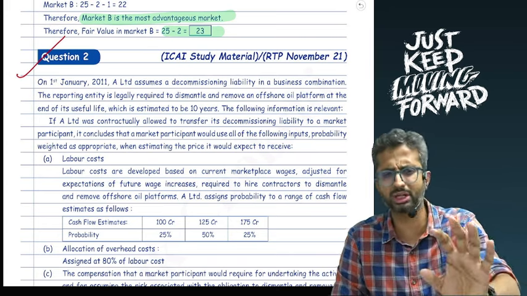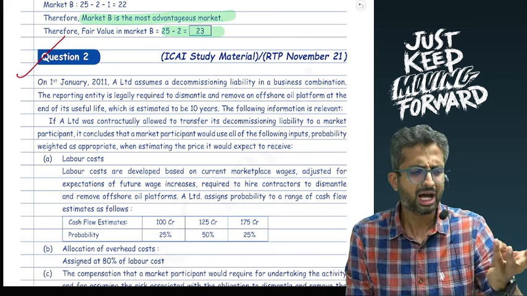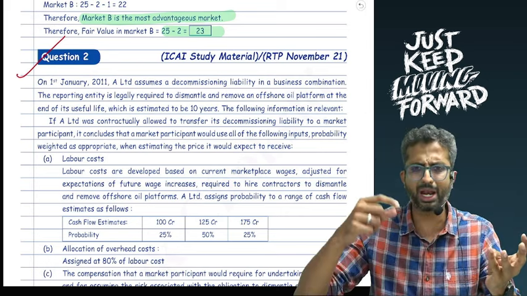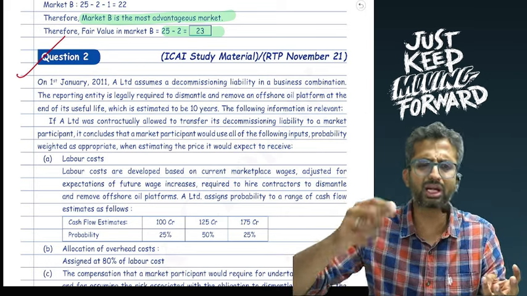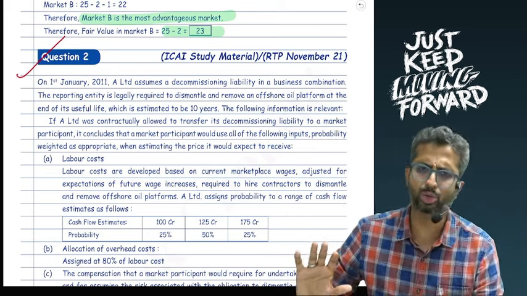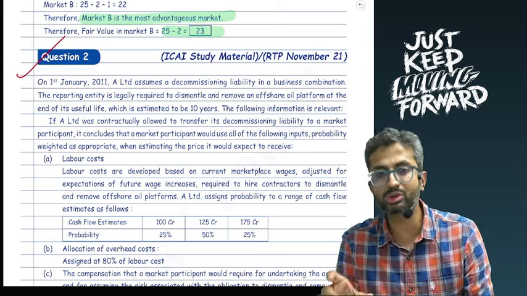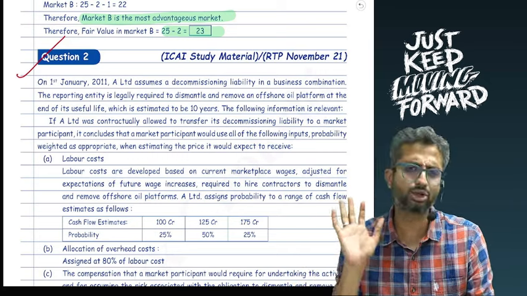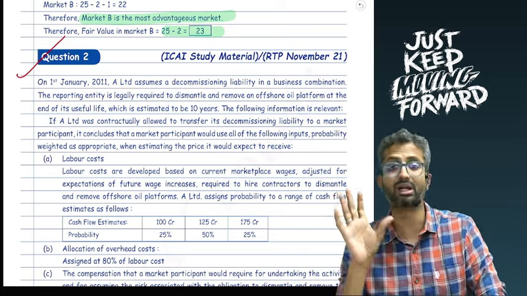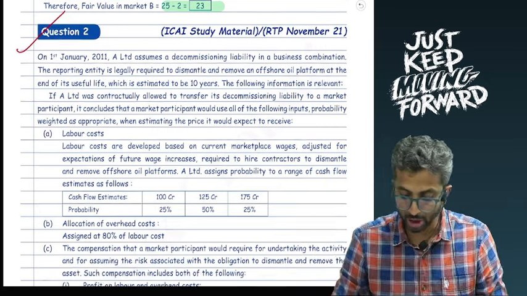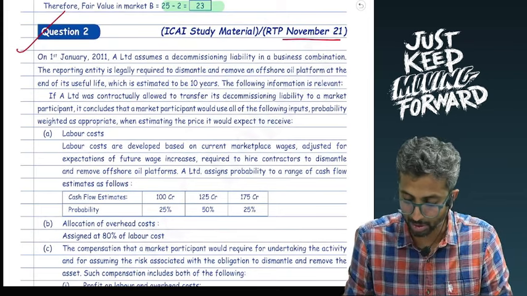So these are these 2-3 adjustments. If you are able to get that, like what is to be done with debt, subtract debt, add surplus land or surplus cash that you have, so you have the net debt position. If there are any discounts, you subtract the discounts, and by and large you should be sorted if such a question even lands up. Now there is this one particular question which came in the RTP of November 21,